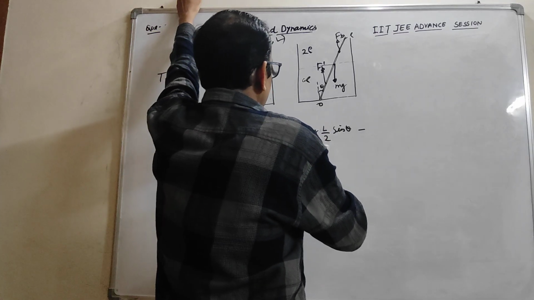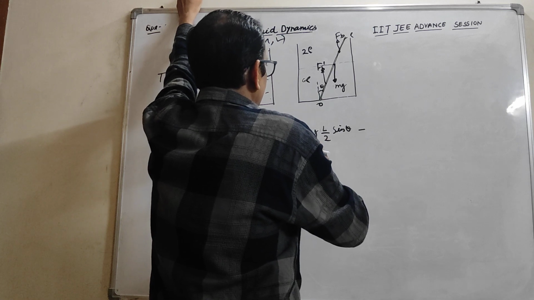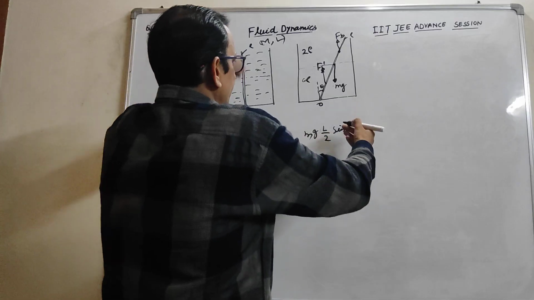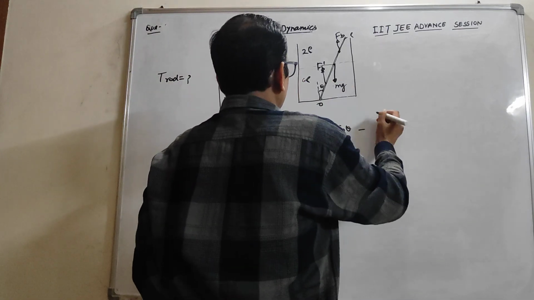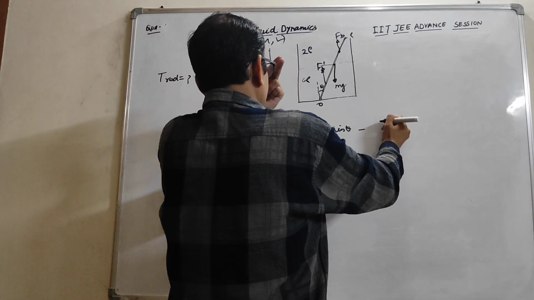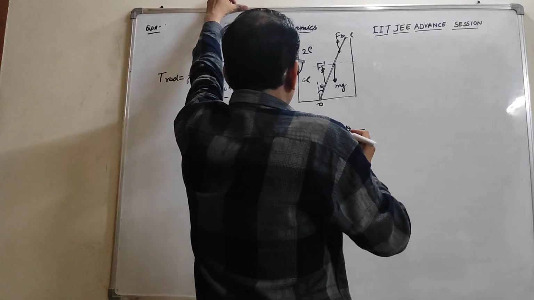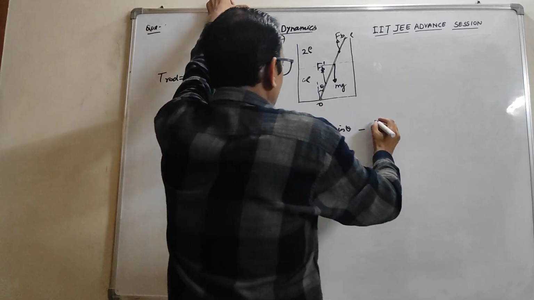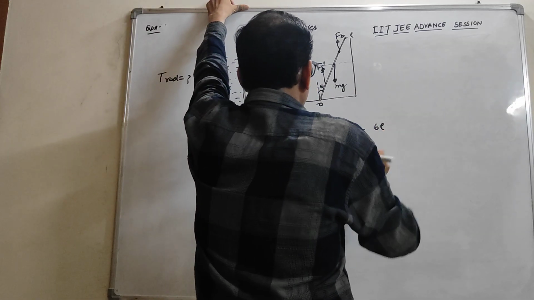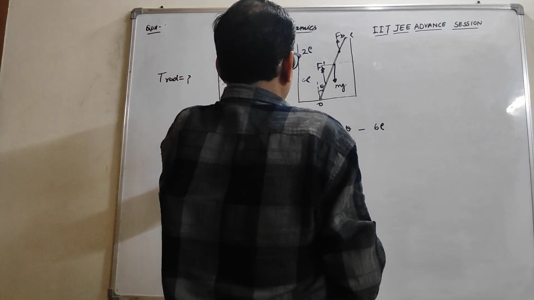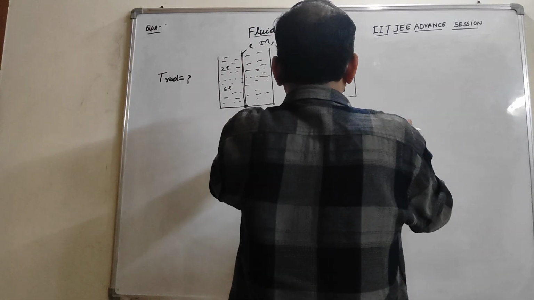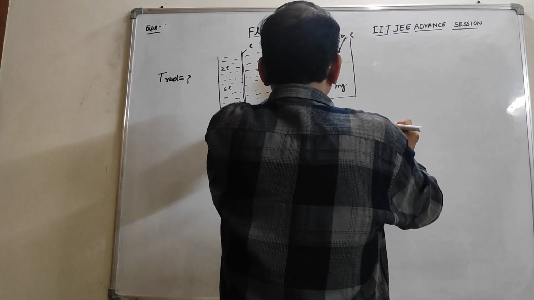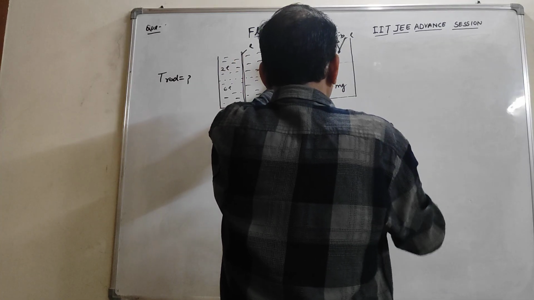mg. Suppose mg. Next we put the value. Fb would be the buoyant force. Fb would be the density of the liquid rho, and the cross section area of the rod is the same, that is A,